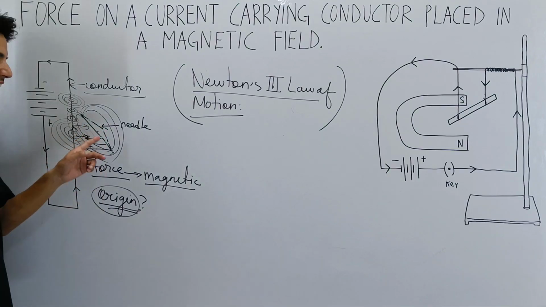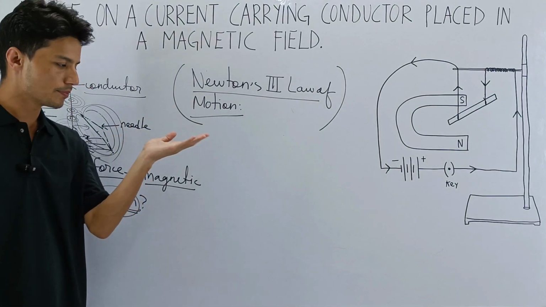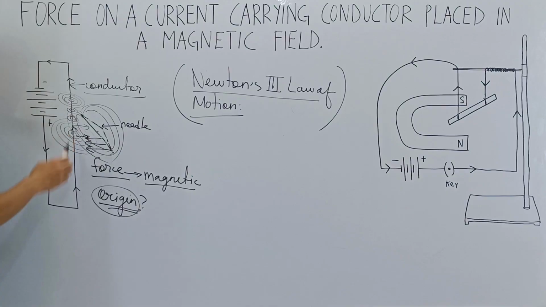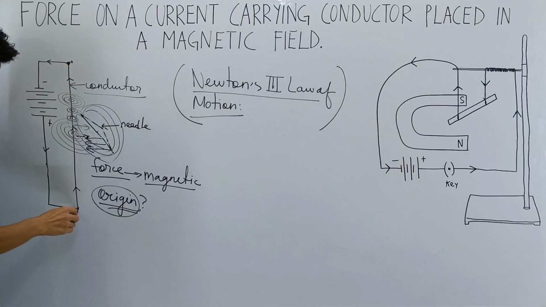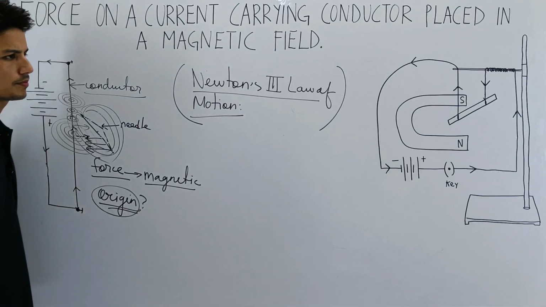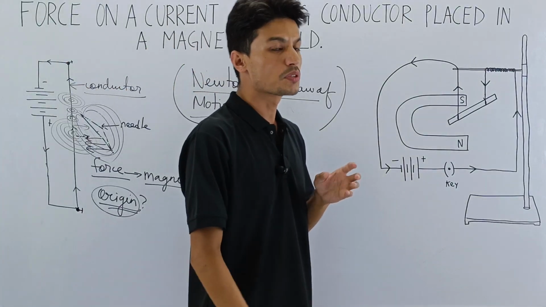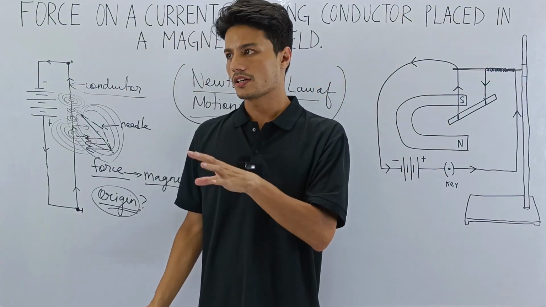Because here the magnetic needle is free to move, whereas in this experiment the conductors are fixed. They are fixed. So even in the original experiment, which was done by Oersted in front of his students in his classroom, as